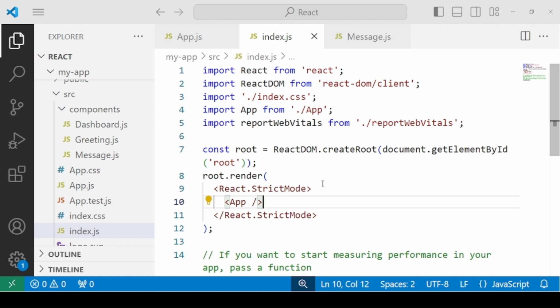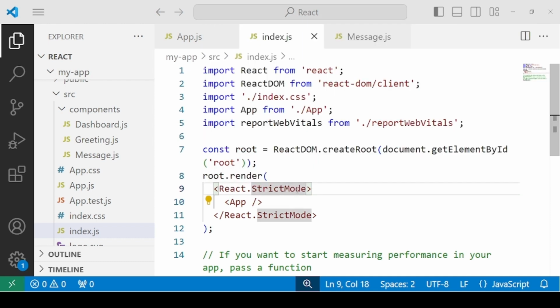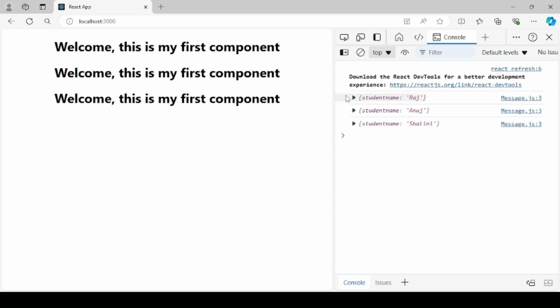Obviously, if a function is pure, running it twice will not change its behavior because a pure function produces the same result every time. Anyhow, the discussion regarding strict mode is out of the scope of this video. So let's comment this out and check your browser once again. You see that now your objects are being printed thrice.